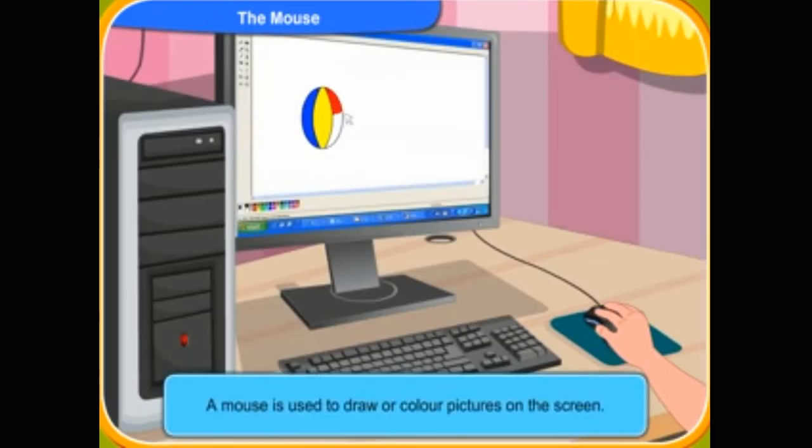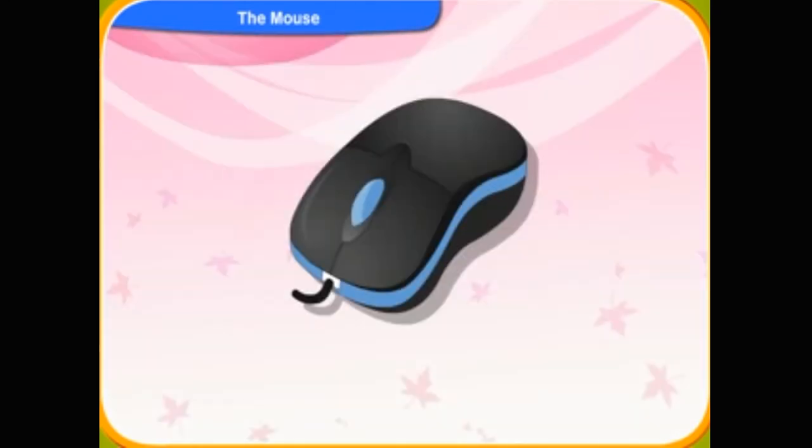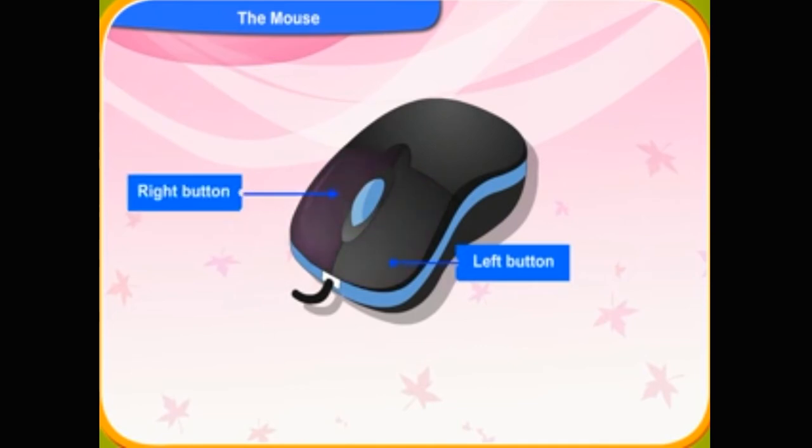We also use the mouse to draw or color pictures on the screen. The mouse is attached to the CPU with a long wire. Look at this mouse. It has a left button, a right button, and a central scroll wheel.